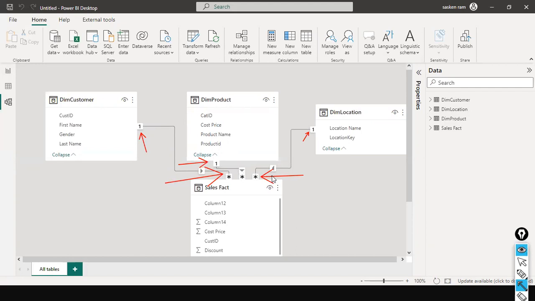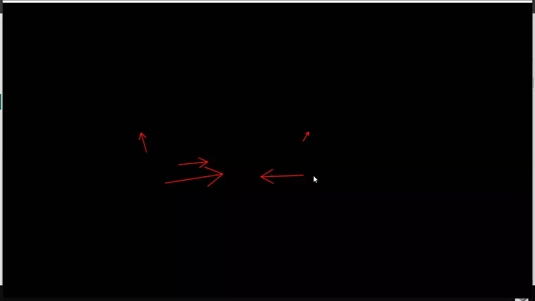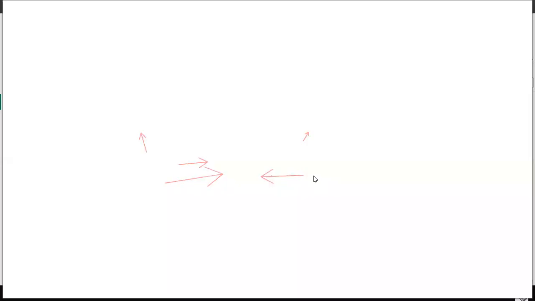Okay. So now the question is, do I have to create the relationship manually or can I leave it to Power BI desktop? Usually, in a real-time scenario, we create it manually, okay? Even though Power BI detects it, it depends on the project, it depends on the customer. What we do is,